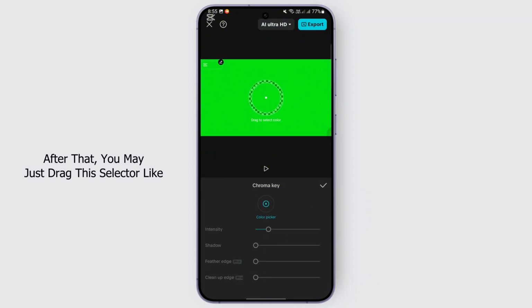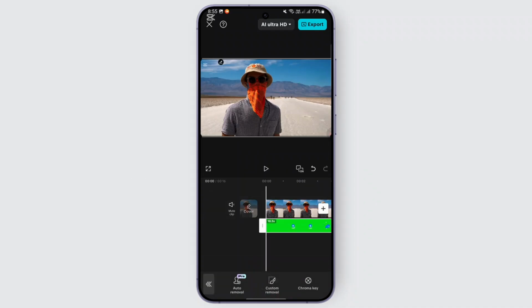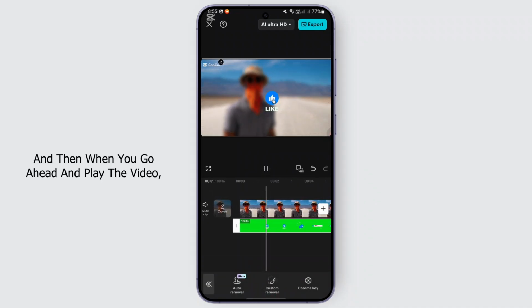And after that, you may just drag this selector like this at the background and tap on right. And then when you go ahead and play the video, you should be finding the green